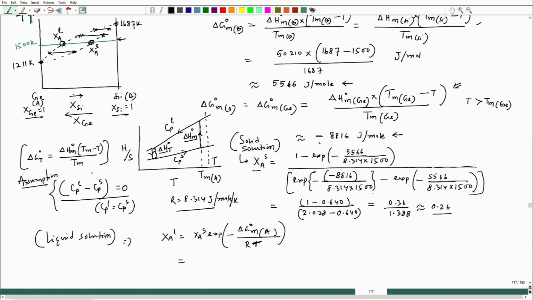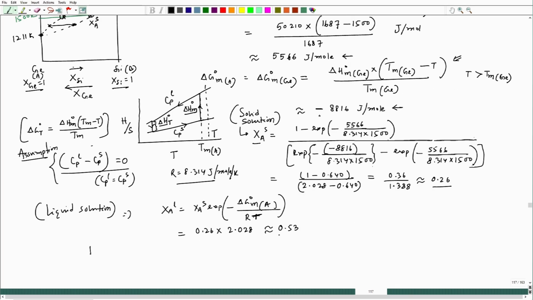So we know that this is 0.26 into, and this value we have already calculated is 2.028, which gives me the value 0.53. So the two compositions of solid and liquid solutions at equilibrium